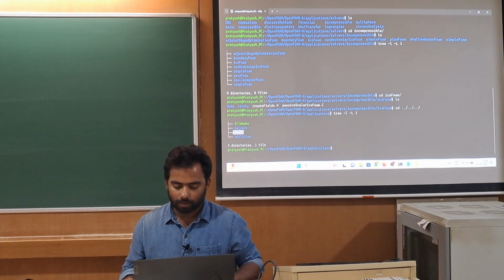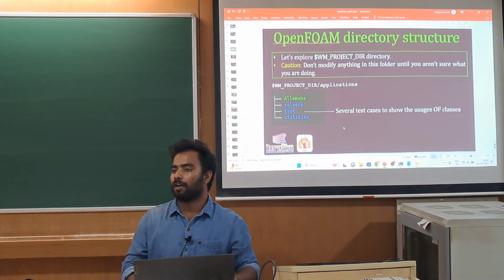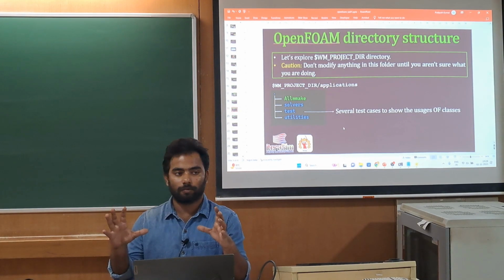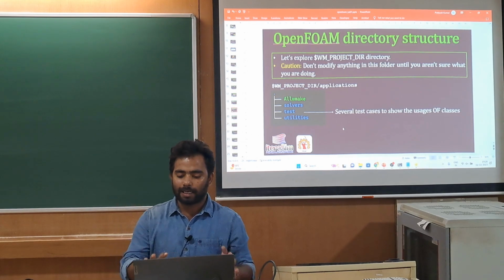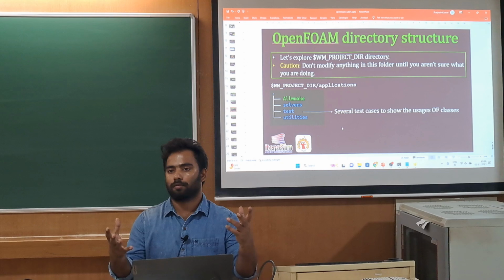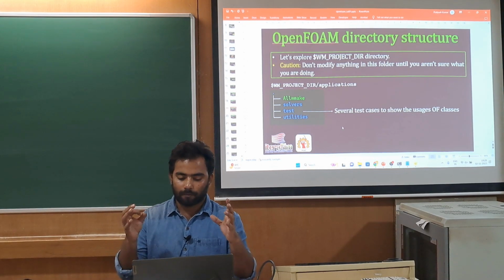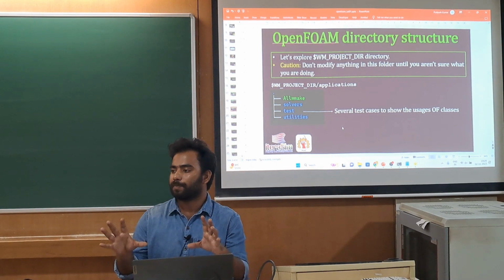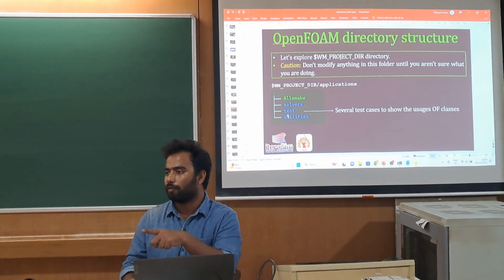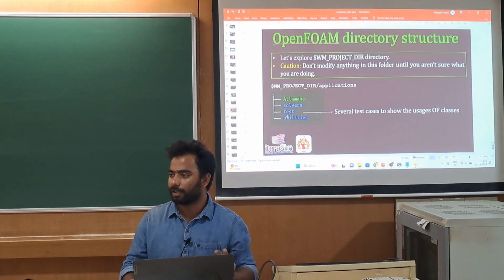Test is the folder when you want to understand the coding structure of OpenFOAM. It lists all the different classes that have been used in OpenFOAM. If you want to learn about the coding perspective of OpenFOAM, you should copy this folder into your run folder and start exploring it.